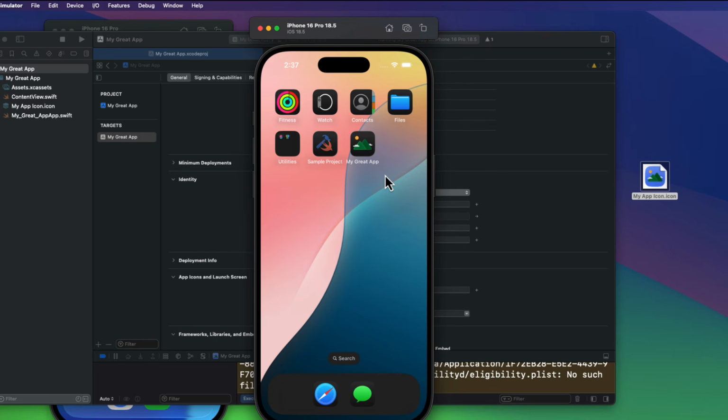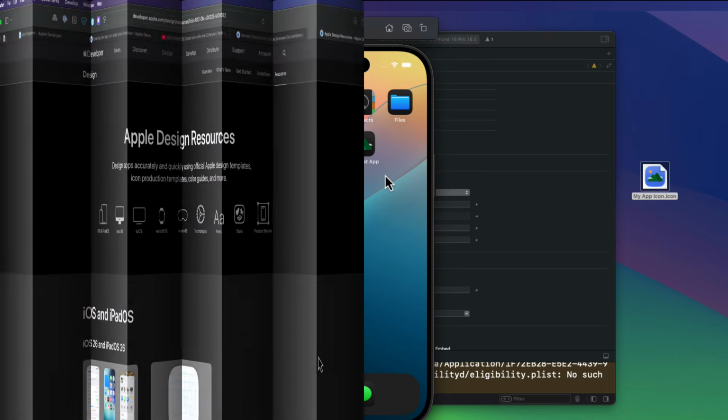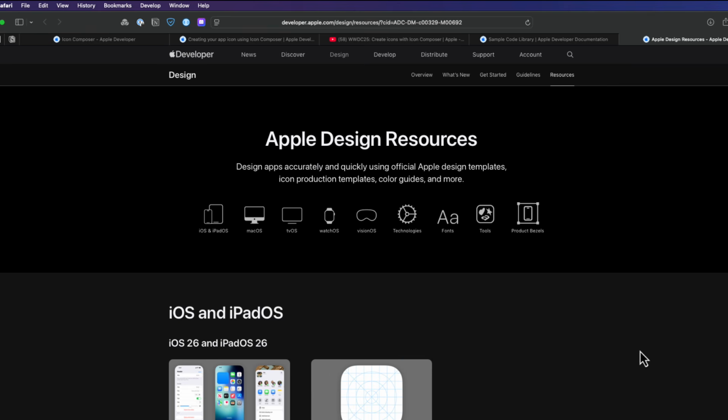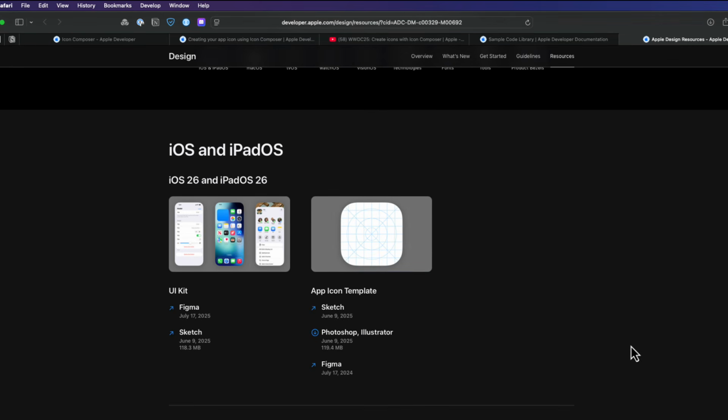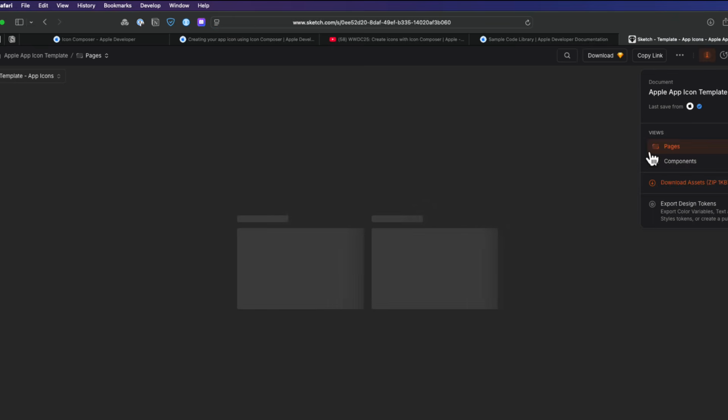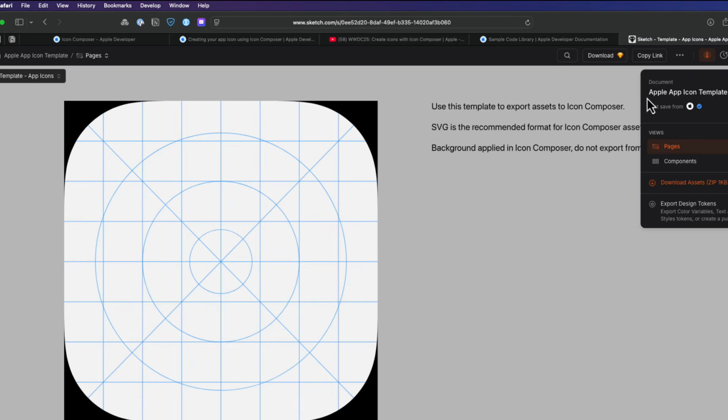Tinting would also work. If you are a designer, you'll likely use an app like Sketch, Photoshop, Illustrator, or Figma to do your design work. And Apple has provided design resources, and you can find them on this page here. This is the Sketch page. And if you want to design offline using a Sketch app, even an older version, you can download the template